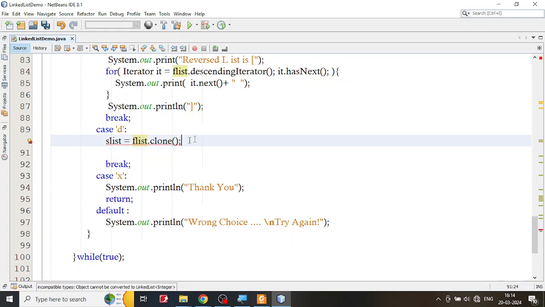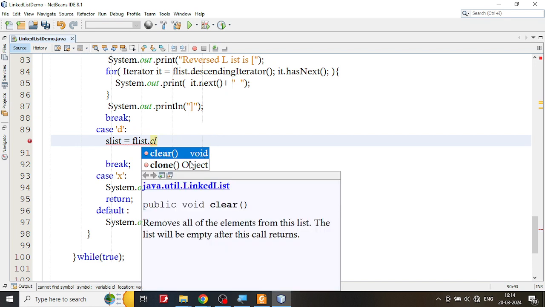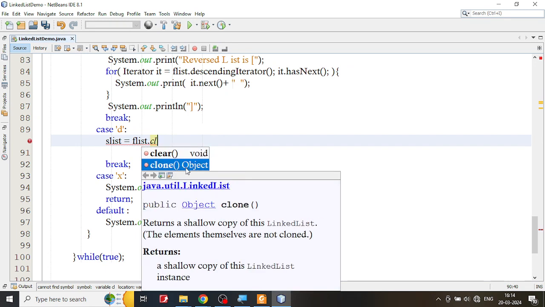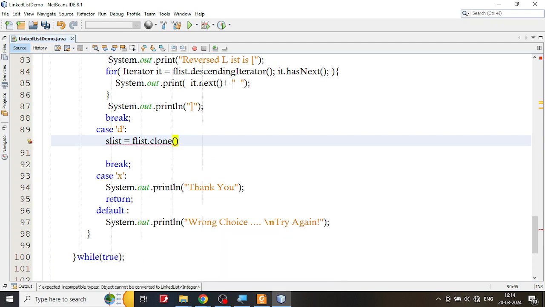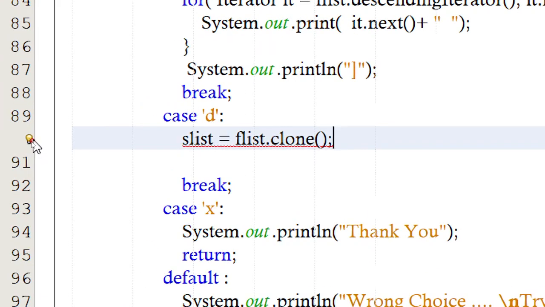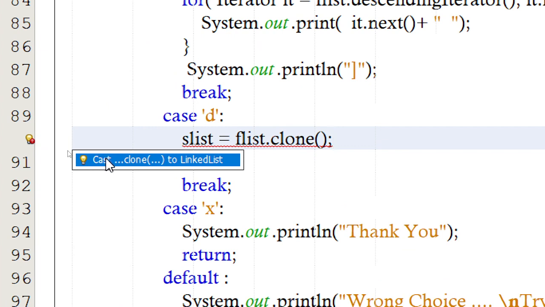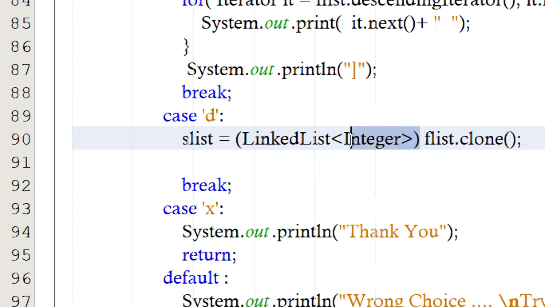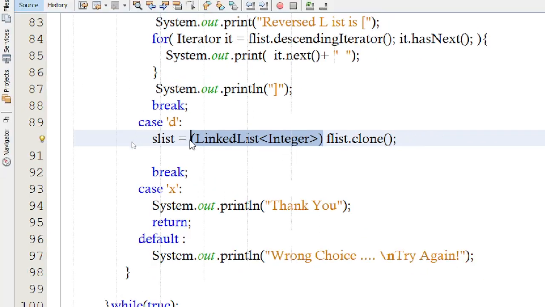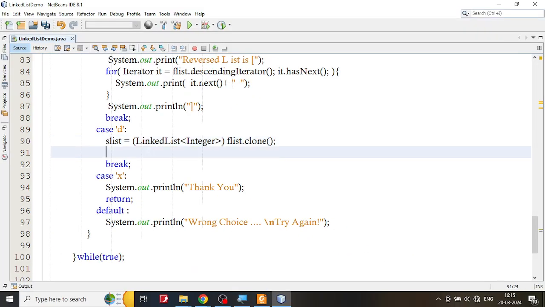However, when you clone it, let me show that. When you clone this particular thing, you are not going to get the list, you're going to get the object. So you have to typecast it. So how do I typecast? If you don't know how to typecast it, allow NetBeans to do that typecasting for you. There is a bulb over here. Just click on it and NetBeans itself will ask, do you want me to typecast? Just click yes, and NetBeans will do the typecasting. Hope you know what typecasting is. It just creates the